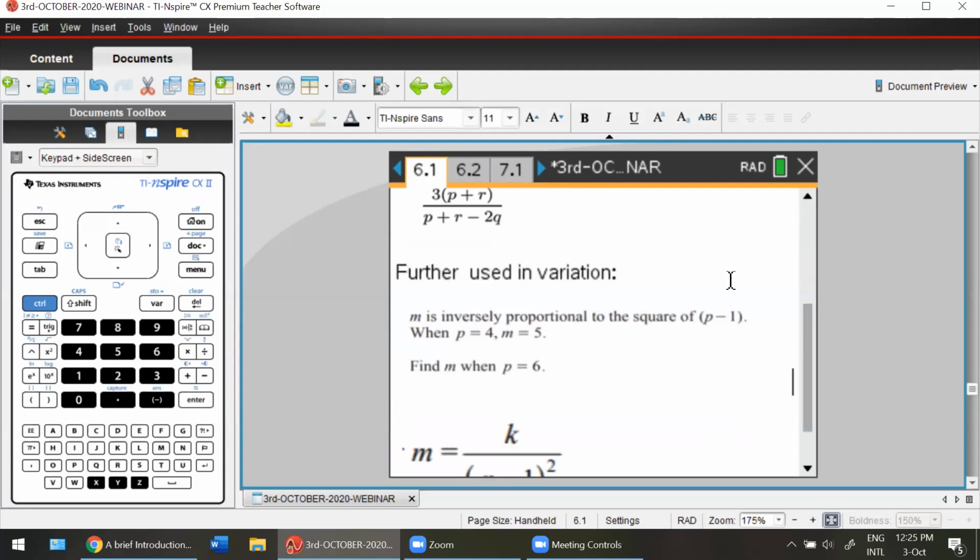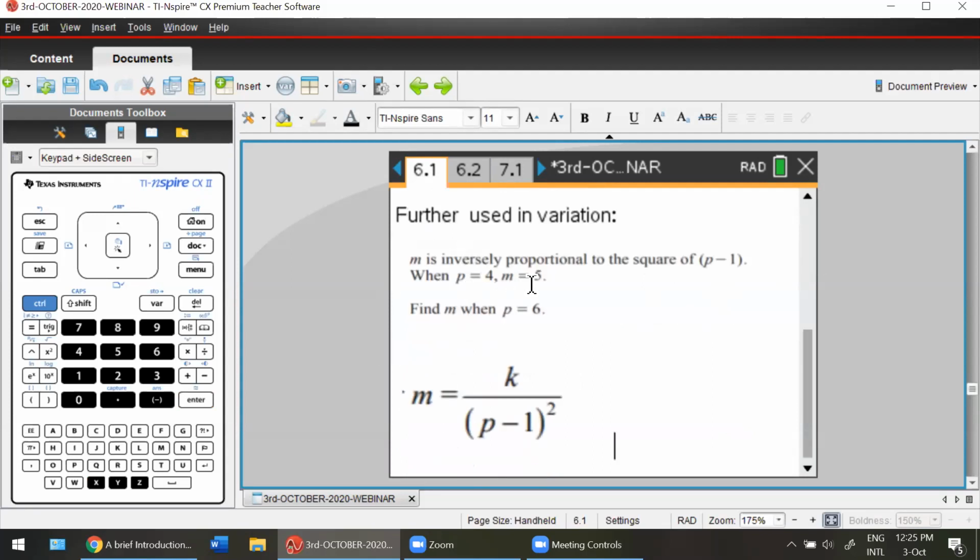Yes, I think we have some chat. Okay, this is also useful when you have questions in variation, like m is inversely proportional to the square of p minus 1. So when you're storing values here, and if you arrive at your right hand side in this form, then you might want to store the values of k and p and straight away type in the function and arrive at your answer. Okay, but be careful because you've already defined the variable. The second time when you're finding m, it might take the value of p. So this is a place where you might want to be alert when using your calculator. Okay.